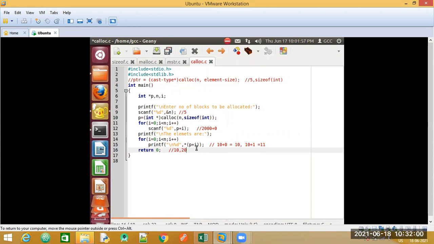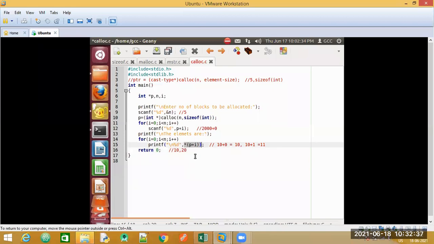If you remove the brackets, what is going to happen? It will go on incrementing the values there, not the addresses. We want to increment the address and then fetch the value. If you remove the brackets, the values are getting incremented, not the addresses. Did you follow the difference? Yes, ma'am. Did you follow the program? Yes, ma'am. The same concept is there for arrays also, okay? There also I have told this. Do not forget this. In a hurry, you may tend to forget, then the values that are printed will be wrong.